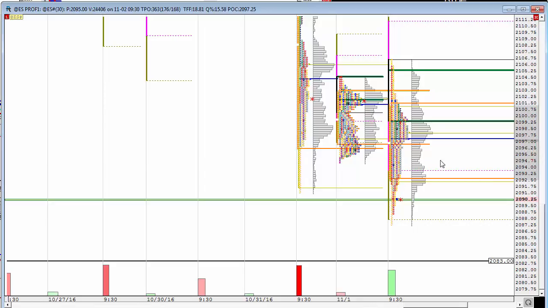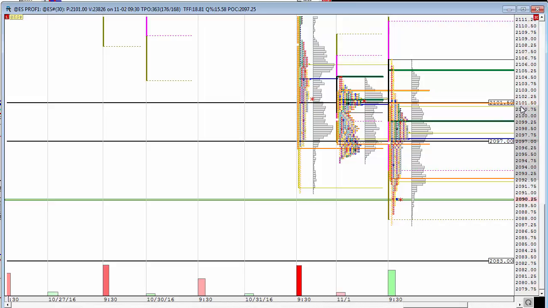Therefore, looking at the chart here and basing myself on the profile levels, the very first level of significant resistance comes in at 2097. If this level is breached to the upside, 2101 and a half, and then after that, clearly today's high,